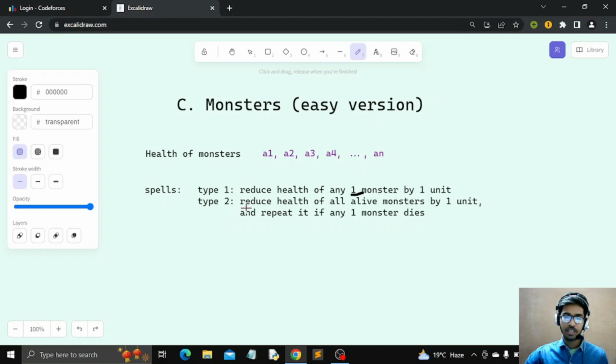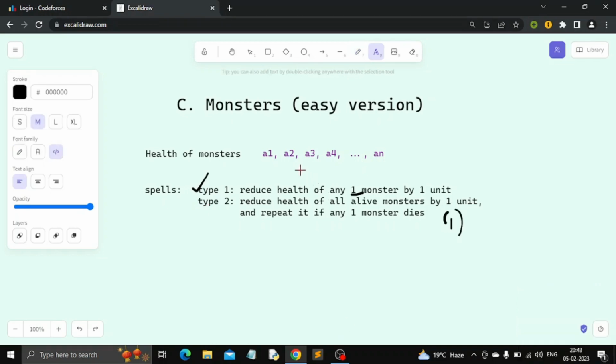We will keep repeating this type 2 spell if any one monster dies. We can use type 1 spell any number of times, but we can use type 2 spell only once in the entire game. Okay, so if we can reduce the health of monsters to this format,